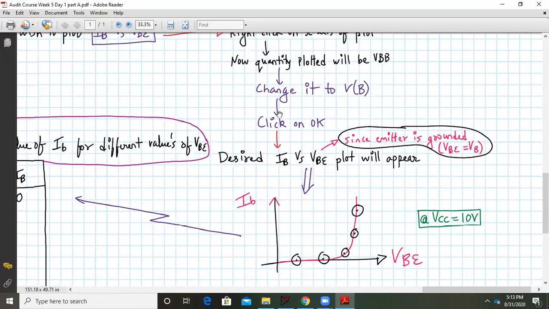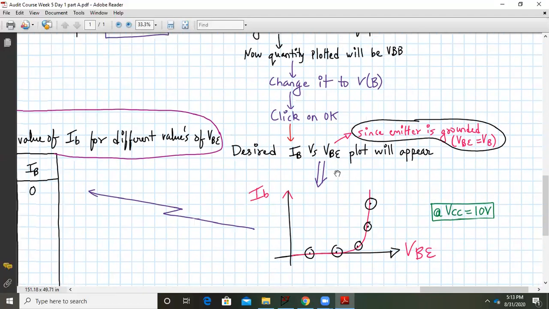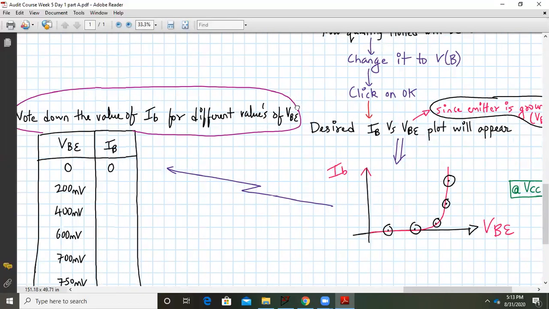Click on OK. So your desired IB versus VB plot will appear, which will look something like this. This is the correct graph of IB versus VBE at a constant value of VCC equal to 10 volts. Now, why are we only plotting VB? Why not VBE? Remember, VE is connected to the ground. That's why VBE is the same as VB.